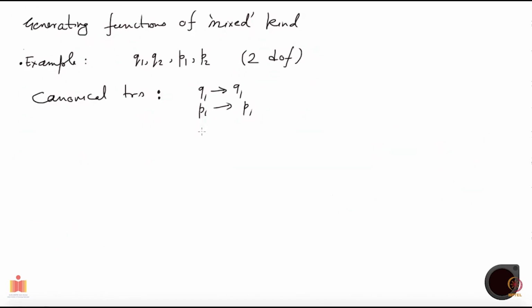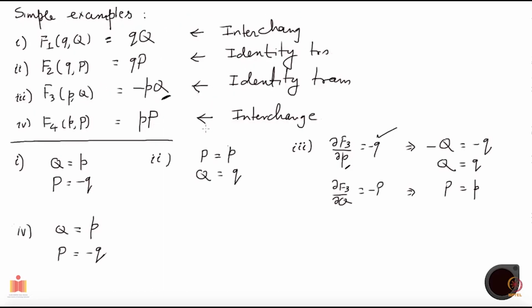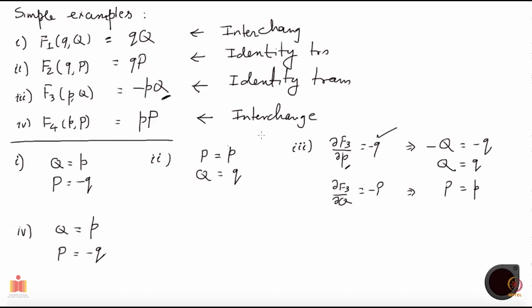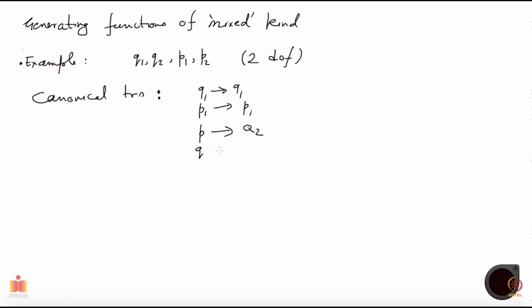So p becomes capital Q2. This is the one interchange. I'm just taking care of the sign, and I see that the small q is minus capital P2, and I had forgotten putting a 2 here. So suppose this is the transformation which I want to do, and then you can check that this is